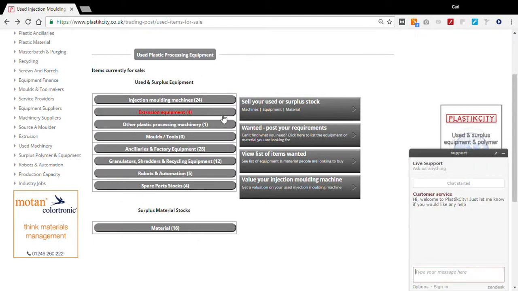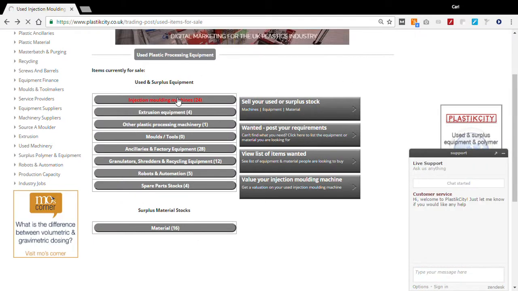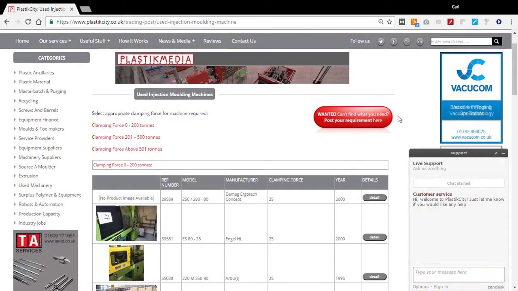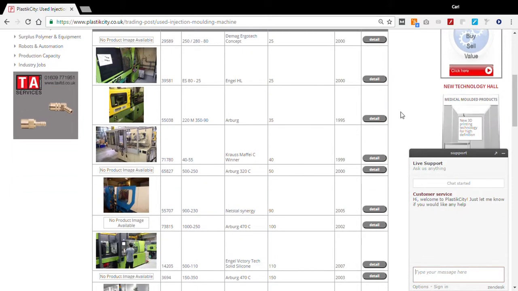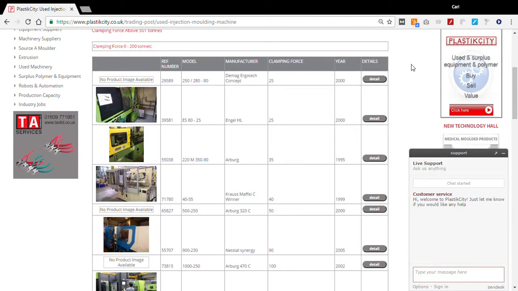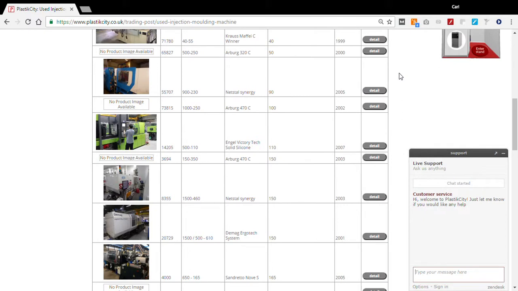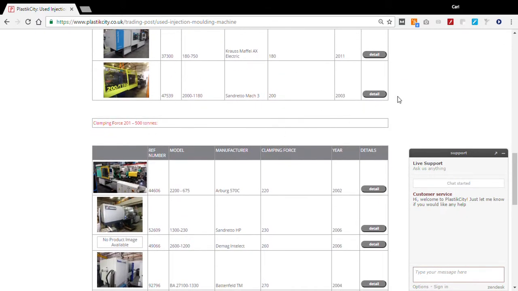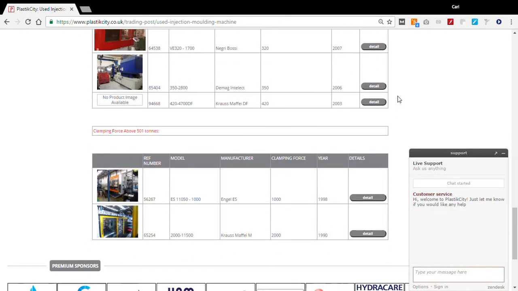So let's say injection molding machines, you want to buy, see what we have on the used machinery section for injection molding. Let's have a look down here. It takes a little while to load because there's quite a lot of listings and images down here, but we split this down by size, so you've got 0 to 200 tons. These are all the machines that are available in the market at the moment. So you've got some nice machines, a nice Angle machine there, a Sicom machine, and then you've got 201 to 500 tons, and anything above 500 tons. If you want to see a little bit more of a machine, all you do is